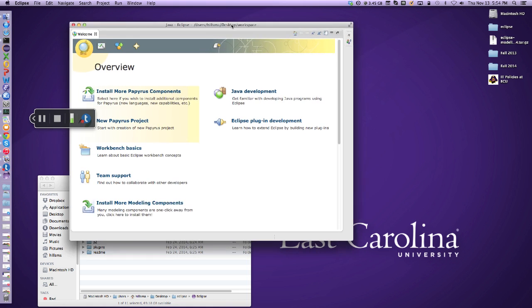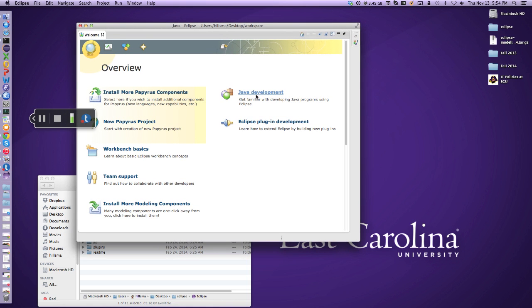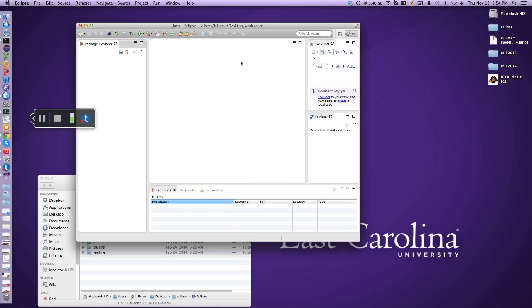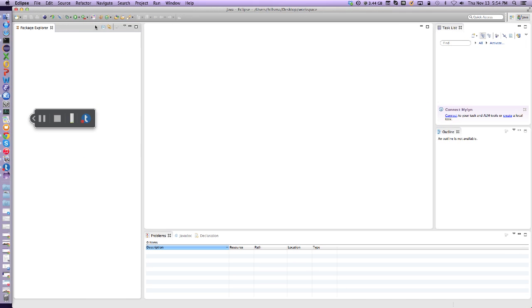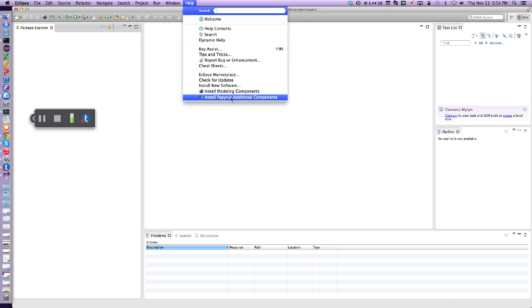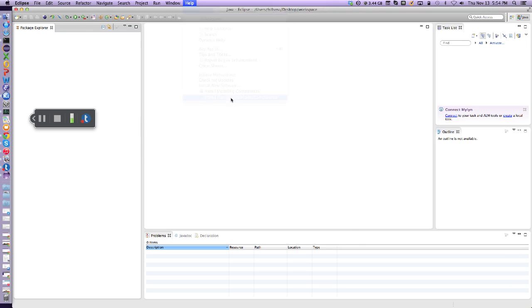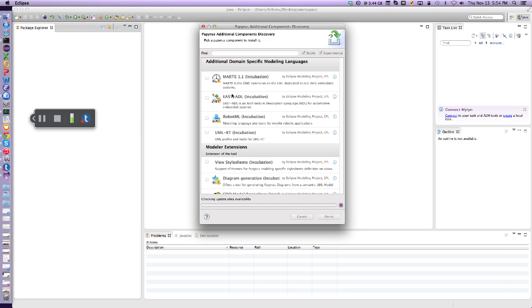Okay, so now we have, again, this workspace screen, and you see it looks in some sense similar to the landing pad that we had before, but we have this option to install different Papyrus components, start a project, things like this, right? So let's click here again to go back to our workspace like we were before, and I'll make that bigger. And we see we also got a new menu, install Papyrus additional components, and we don't actually